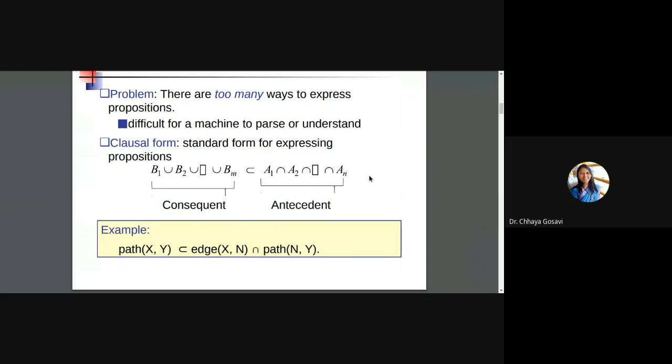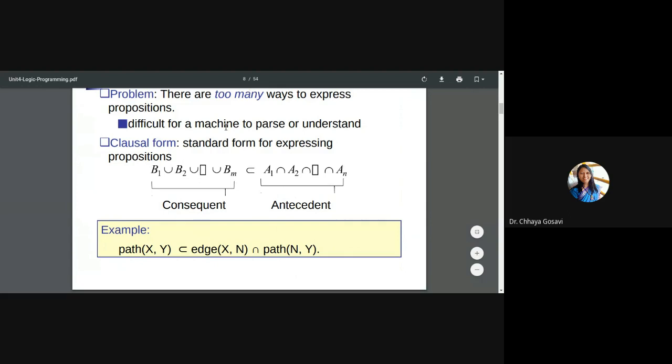Like here, there should be an edge from X to N, and there should be a path from N to Y. Then you can say that there is a path from X to Y. So that is the antecedent type of clause. And consequent means, we have seen one example yesterday, parent of. So parent of X comma Y can be, X should be a father of Y or mother of Y. So the OR relation is called consequent.